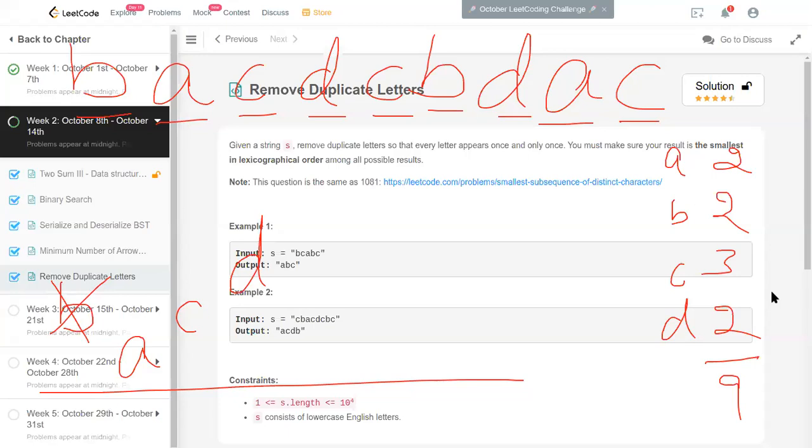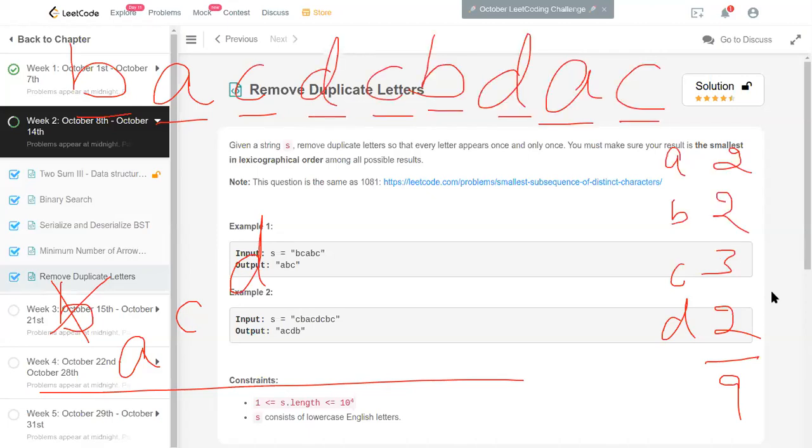Now when I get C, another C, C is already included, right? So that's why even if I cancel the older one and take this one, it's not going to be better, because we have only D after that. And even if I get a D later, it's going to be in the same relative order, right? C and D. So that's not useful. So I'm going to ignore that if it is already chosen now.